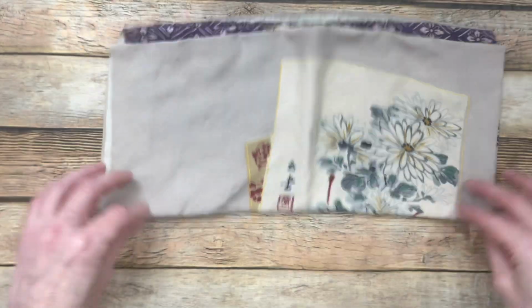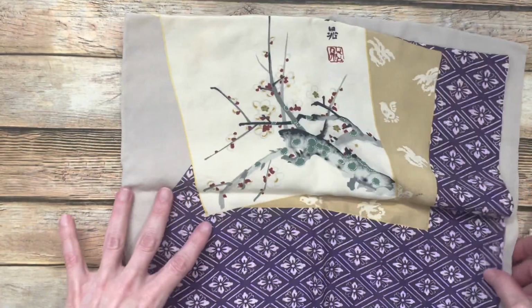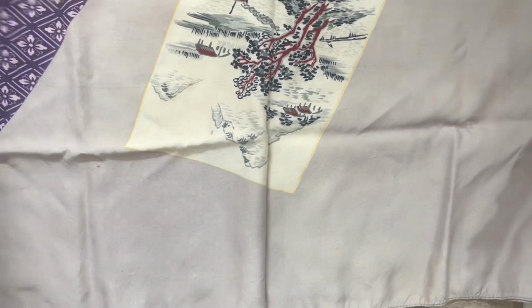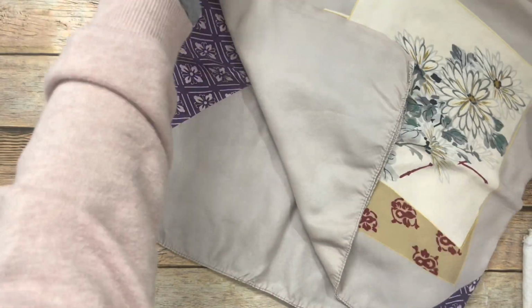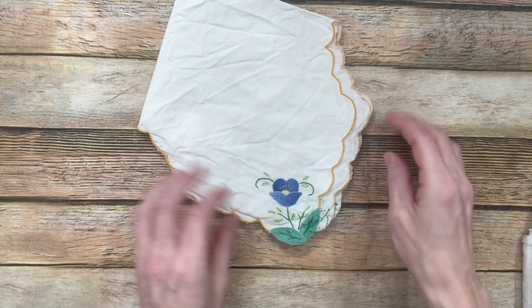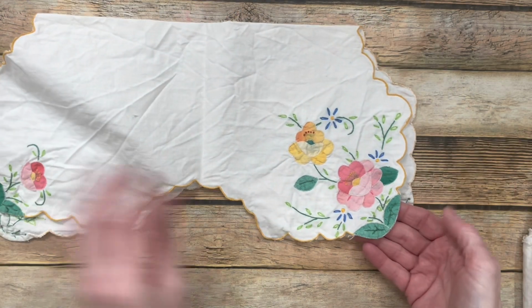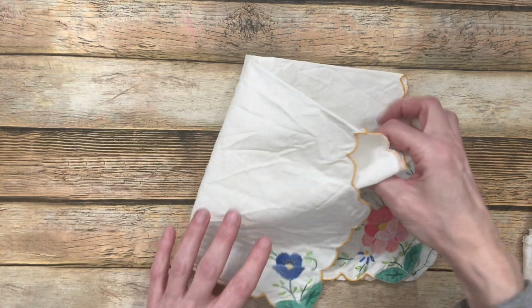I picked up this scarf because I thought it was beautiful, and I want to use it to make a journal. I want to make an Asian journal. There was this I picked up, which I thought was really neat. Something different on each of the corners. Or no, just that one, I guess. That one has a big...